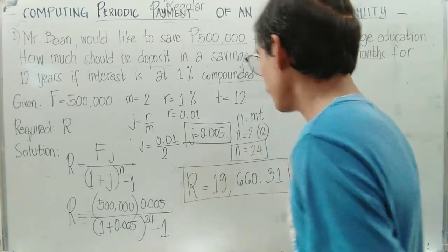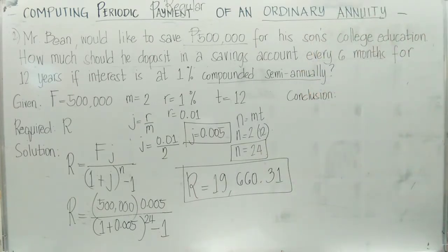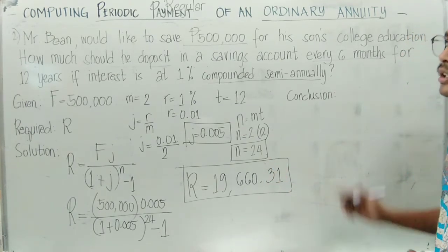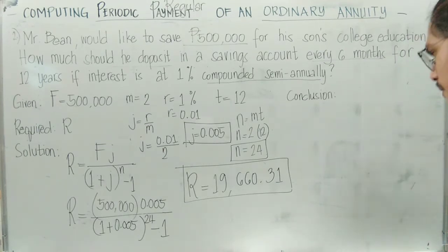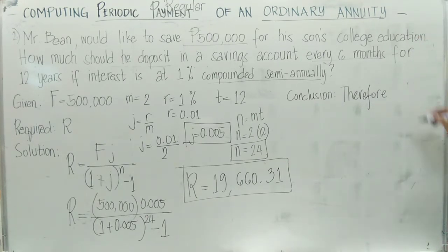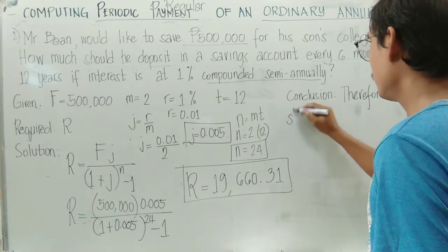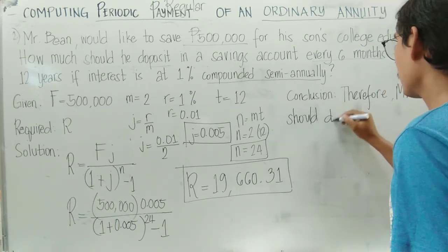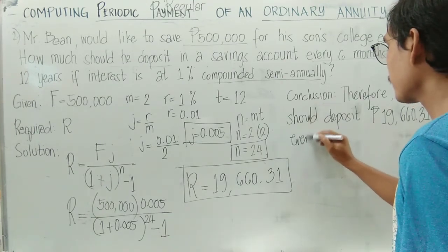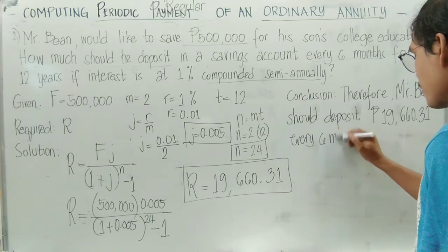Again, we are speaking about money. So again, we will be rounding it off to 2 decimal places to the right of your decimal point, or shall we say to the hundredths place. So for our conclusion, therefore, Mr. Bean should deposit 19,660 pesos and 31 centavos every 6 months